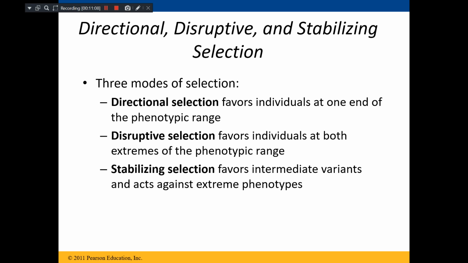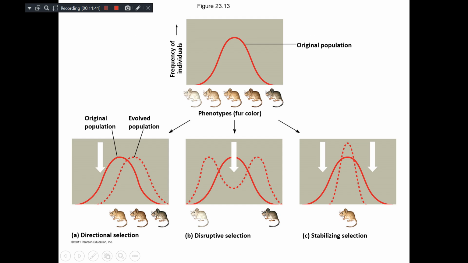Whereas disruptive selection favors the individuals at both extremes. A person having a horn as well as a person having a tail: two extremes. It favors both, the one having a horn and the one having a tail, it will select. But stabilizing selection favors the intermediate varieties, the one which has neither horn nor tail. This is stabilizing selection.